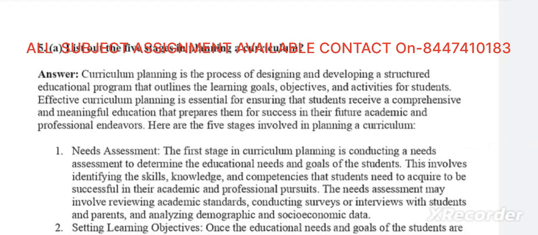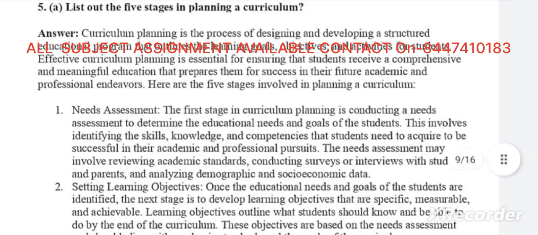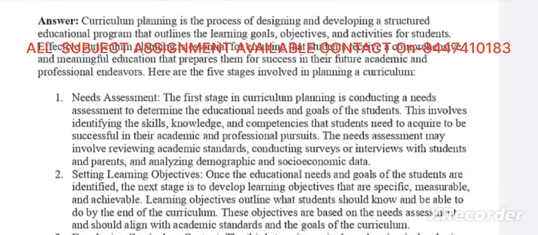List out the 5 stages in planning a curriculum. Curriculum planning is the process of designing and developing a structured educational program that outlines the learning goals, objectives, and activities for students. Effective curriculum planning is essential for ensuring that students receive a comprehensive and meaningful education that prepares them for success in their future academic and professional endeavors. Here are the five stages involved in planning a curriculum: